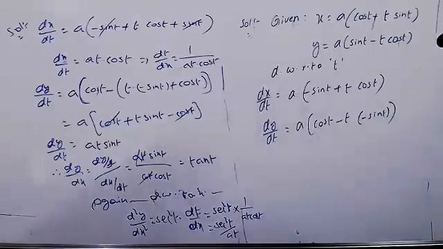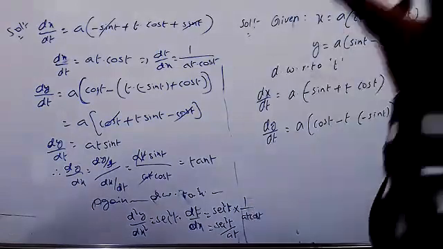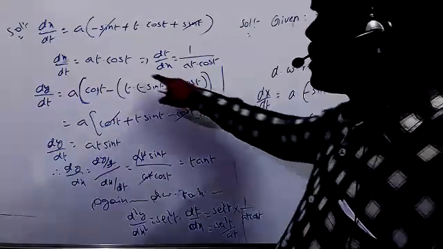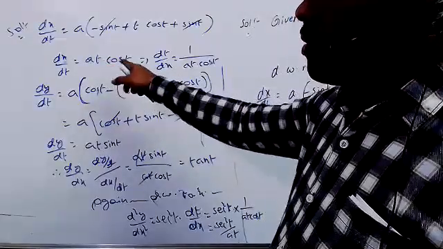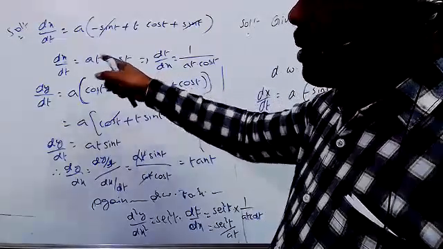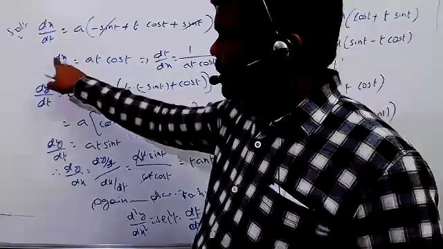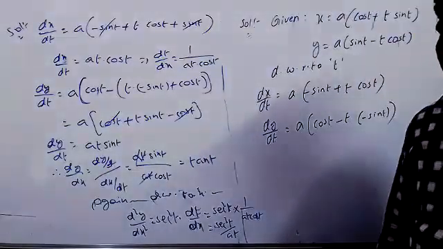Sir, what if we do double differentiation of y with respect to t, and then the same thing with x, and then divide it? That also is fine. Actually, we got the value. But suppose if we take directly here the derivative with respect to t, what value do we get? d square x we are getting. Yes, sir.